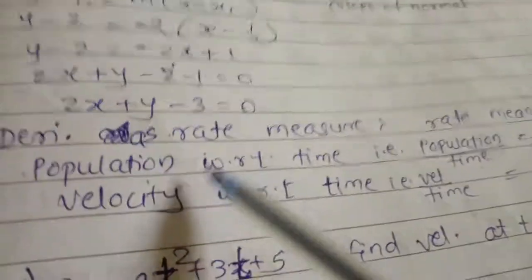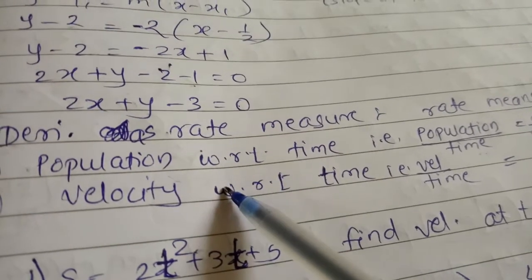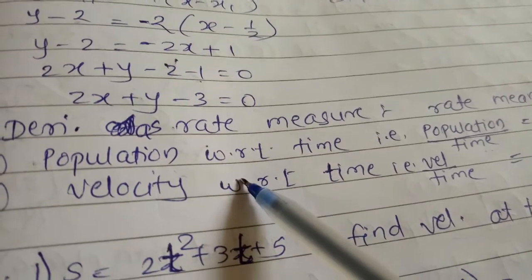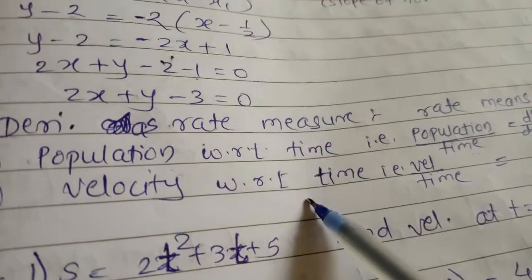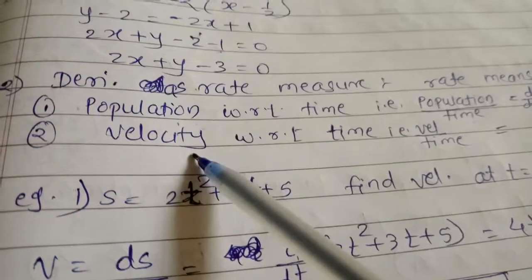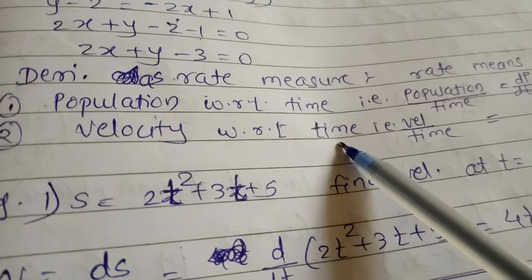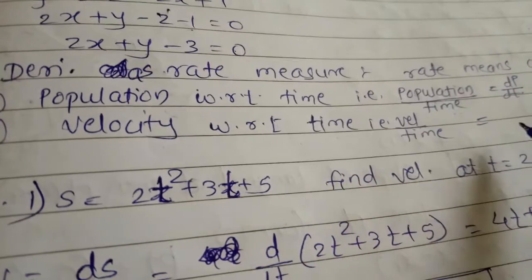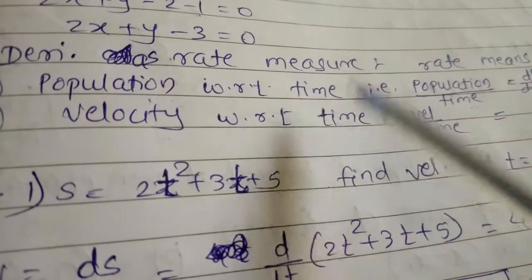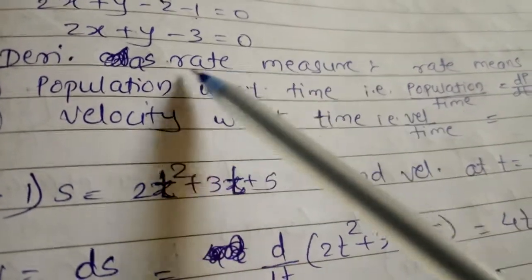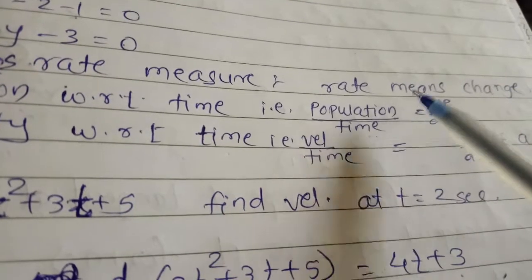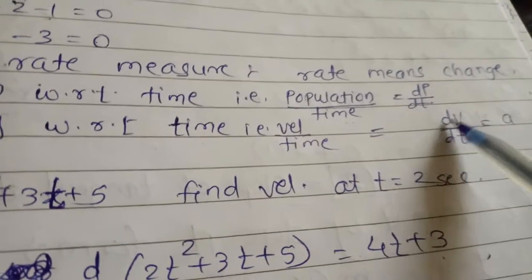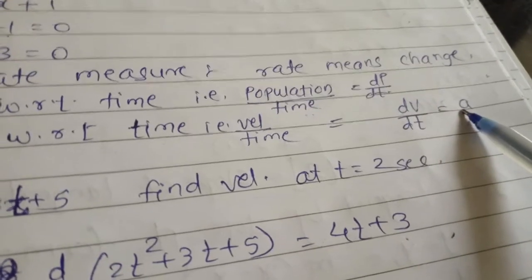So see, in word problems we are also related with the population type of example, that is population changes with respect to time. So there is a change in the quantity, that is time. यहाँ पे भी that is velocity with respect to time gets changes. So time gets changes, that way we get the acceleration. So जिसमें change हो रहा है उसका हम डेरिवेटिव लेते हैं. So population change हो रहा है, that is with respect to time. Velocity change हो रही है with respect to time. So we take the derivative with respect to that quantity. So d by dt of population, d by dt of velocity, that we get the acceleration.